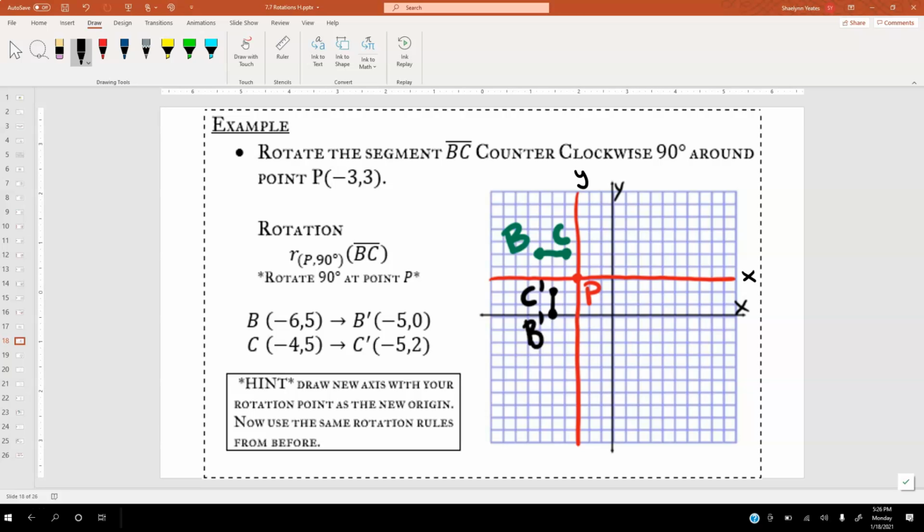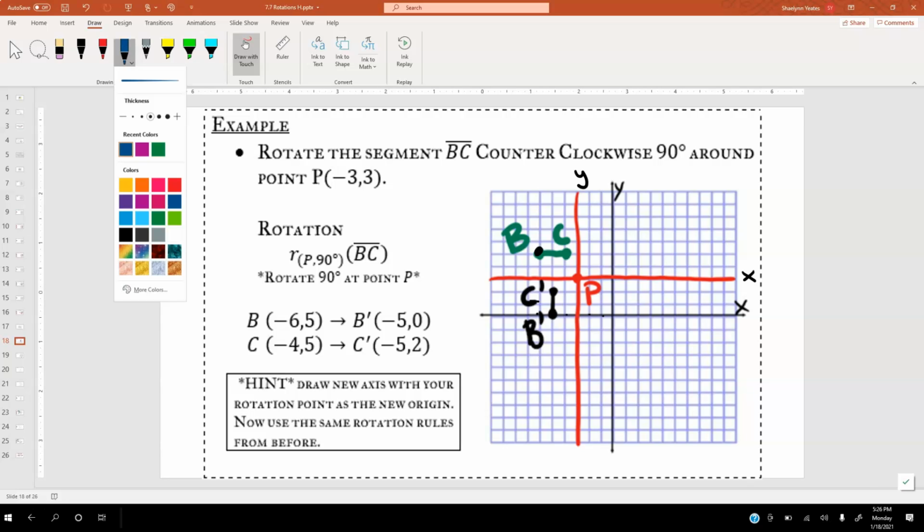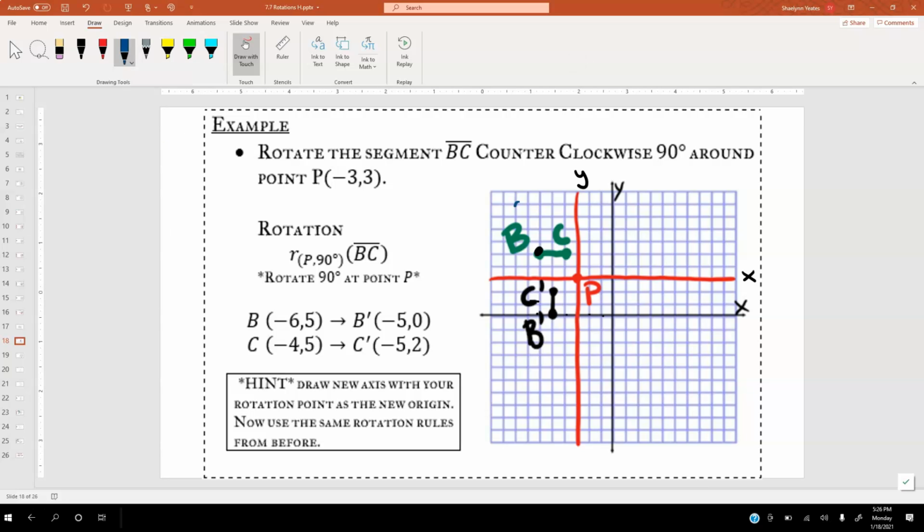Okay, so our point B is (-6, 1), over 6, up 5. Okay, and our point C, and in reference to our new axes, point B is the point